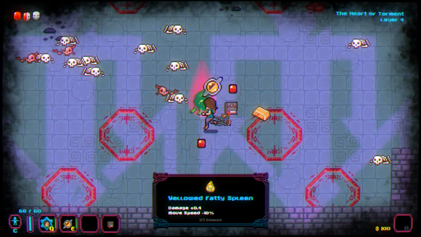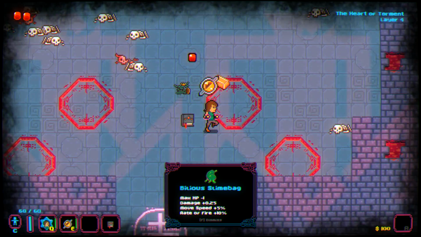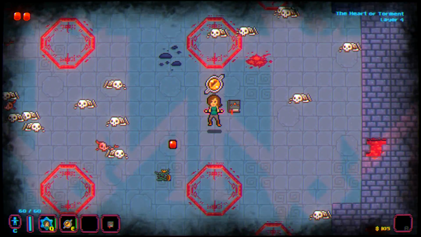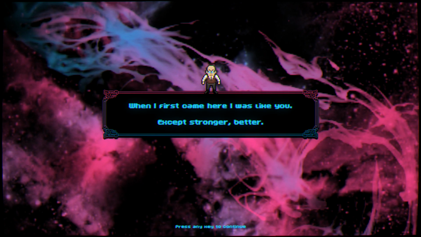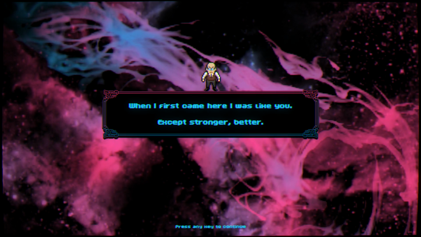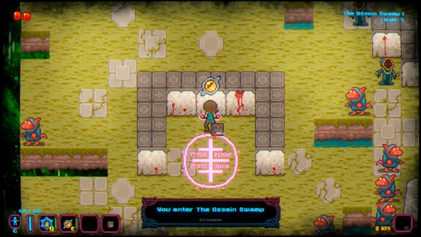Damage, speed slow, minus 1 HP, move speed, rate of fire. That makes me a little uncomfortable, but okay. Alright, when I first came here, I was like you, except stronger. Better. We're just gonna keep going, I guess. I haven't even seen what's on this floor, so...